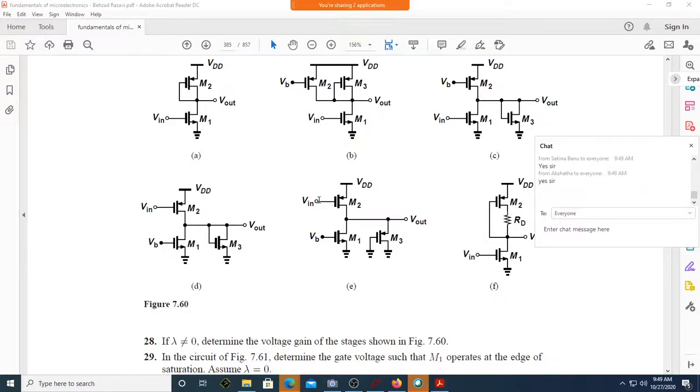Because these are all very crucial things, let us spend more time in understanding this. Once you are done with this, we can go with lightning speed for other portions. I think most of you are done with this. Now let us see the C part. What may be the resistance? What may be the gain?